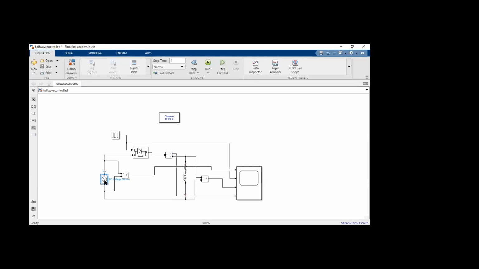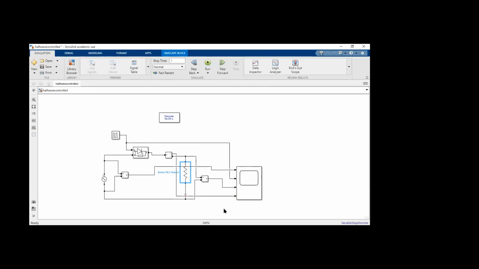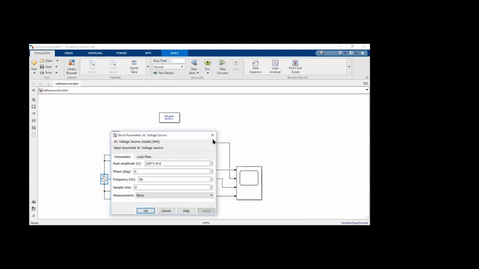See, first there is a voltage source. Then after that, a thyristor controlled I have taken. Then after that, an RL load I have taken. R is 10, only a resistive load I will take. Okay, so across this one, there is a voltage source I have considered. Across this one, the input voltage source I have considered.